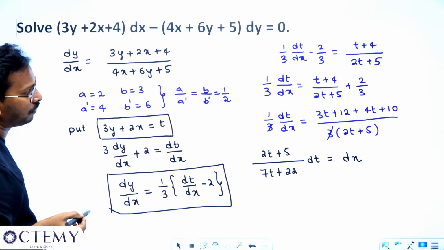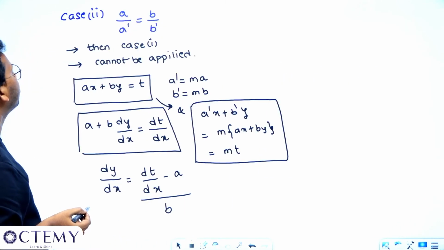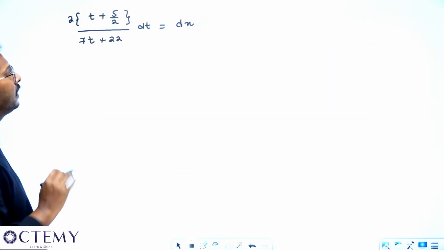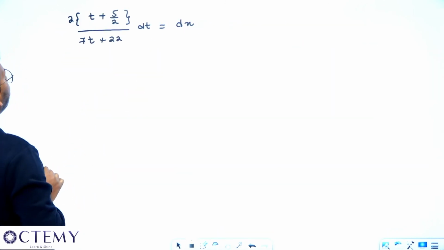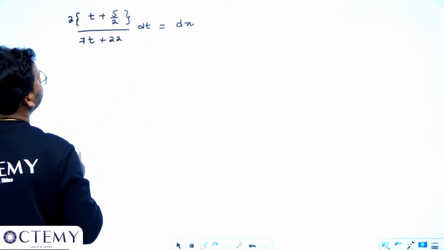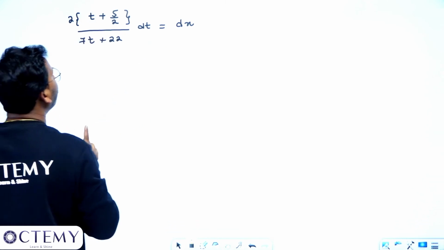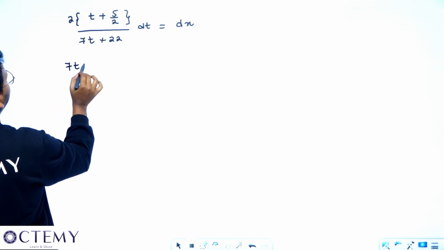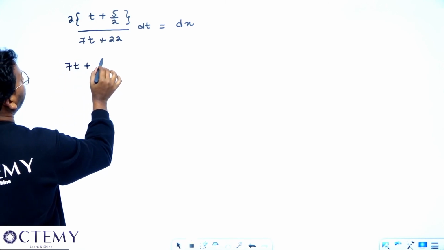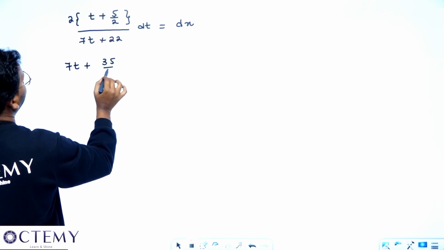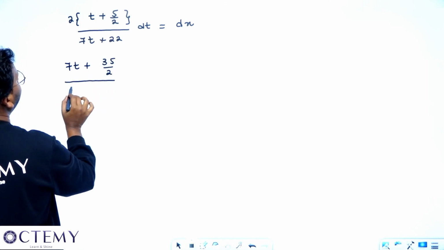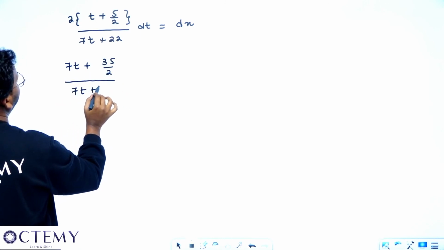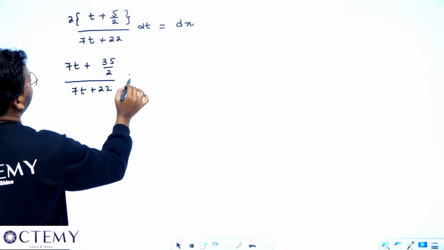Now if you have to solve this, how can I solve this? You can simply perform your division, or you can arrange the numerator in such a way that that thing cancels off, right? See, how will I do this? You send this to this side for comfort. Then you multiply by 7. If you multiply, this will become 7 fives are 35 divided by 2, divided by 7t plus 22, dt,